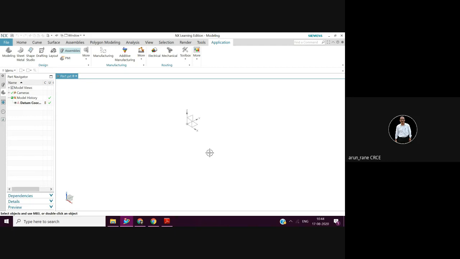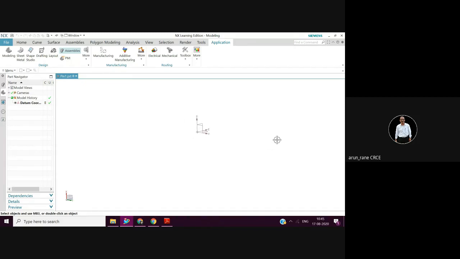Left click is for selection. If you press the roller, then you can rotate it. And if you press the roller and the right button of the mouse, then you can pan it like this.